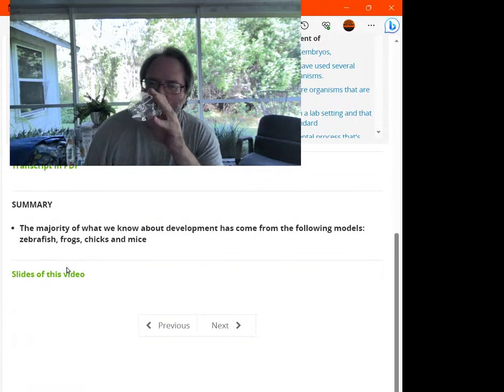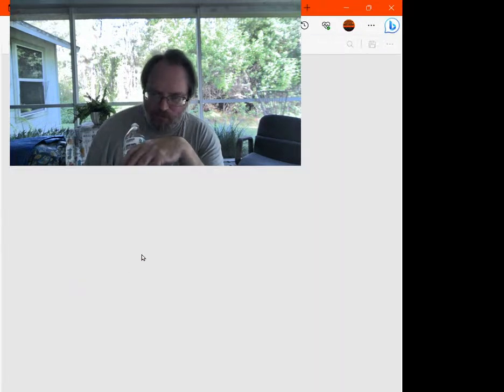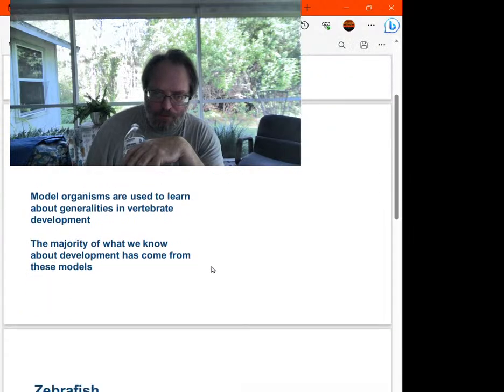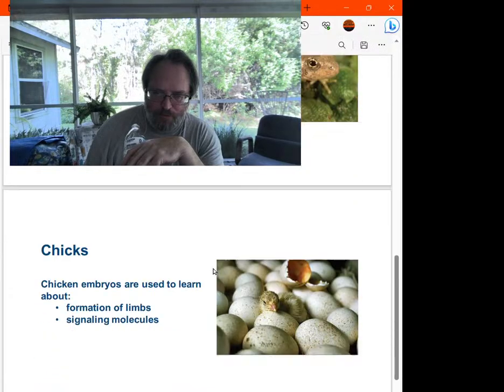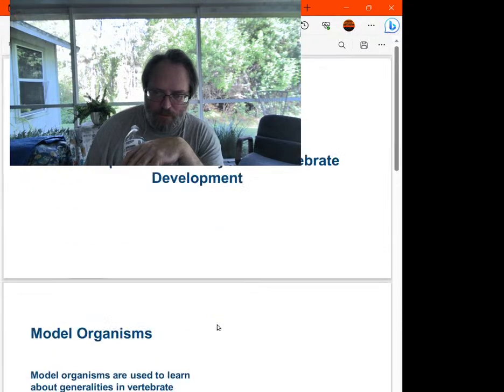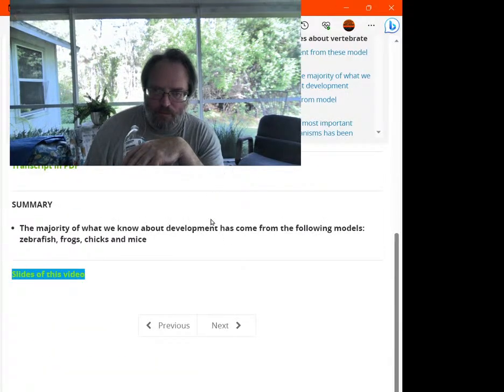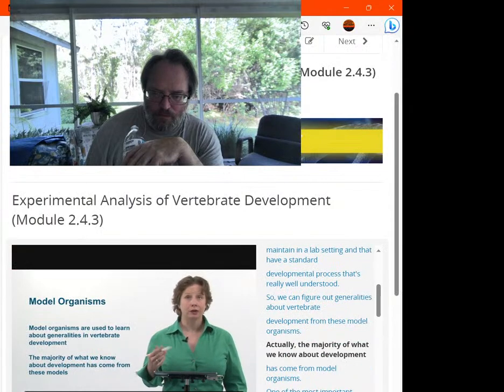In order to understand the development of vertebrate embryos, scientists have used several model organisms. These are organisms that are easy to maintain in a lab setting and that have a standard developmental process that's really well understood. So we can figure out generalities about vertebrate development from these model organisms. Actually, the majority of what we know